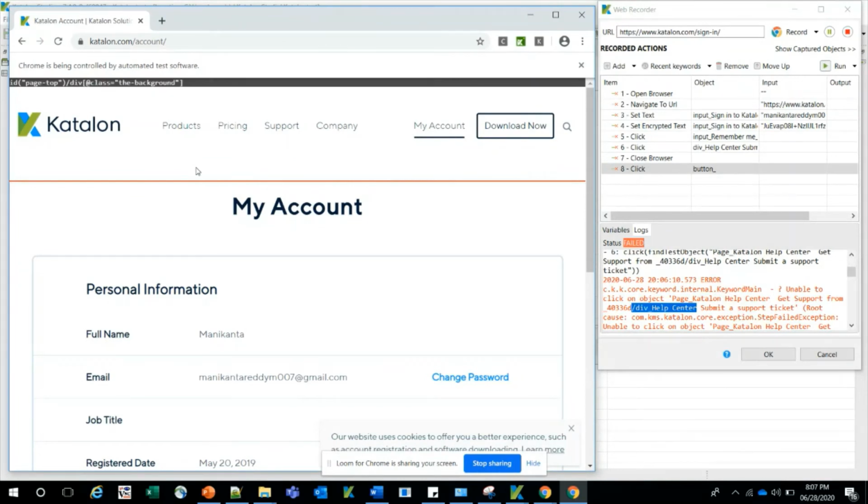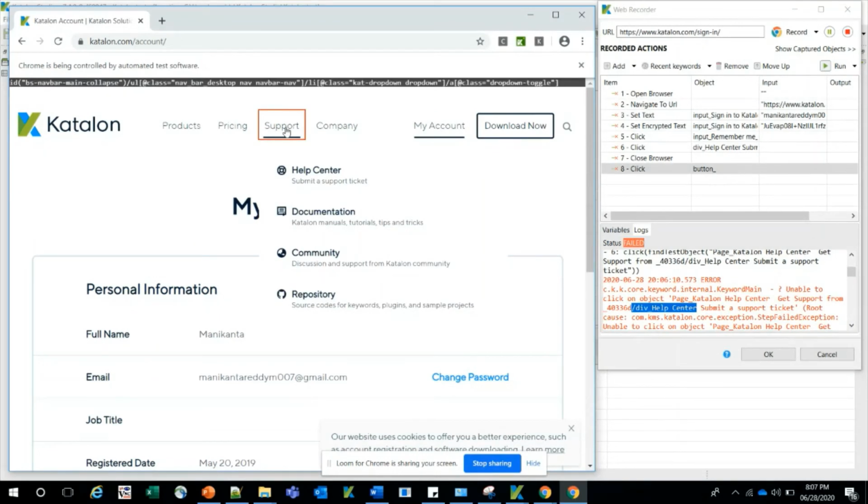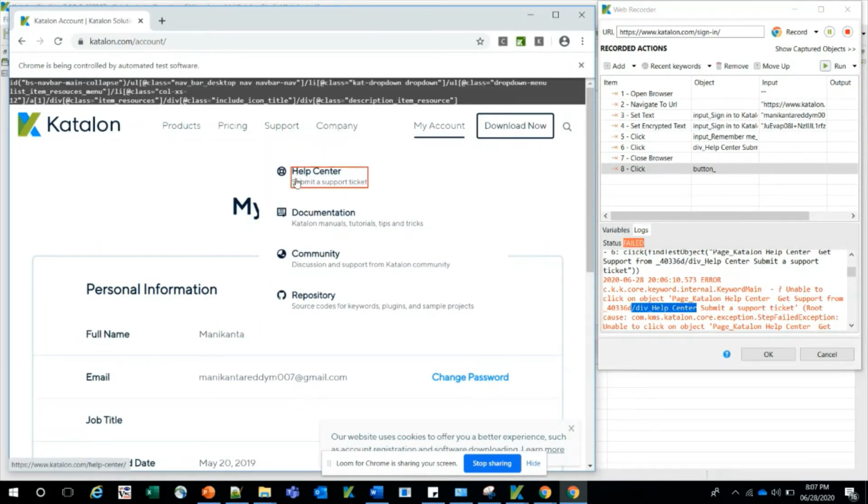So the next issue I'm going to discuss is that many objects are captured for the same element. I'm going to give a real-time example now. Let us go into the menu support only for this, and the option help center. If you see the option help center, there are many layouts for this element.